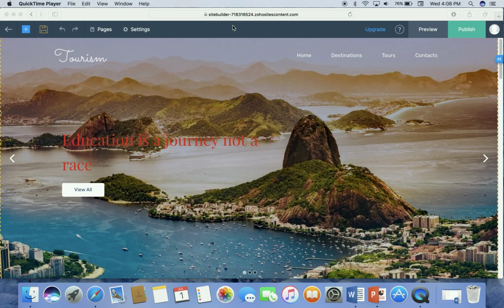Today's homework is this: create your account, create your website. Go to Zoho Sites, sign up first, create your account by typing your email address and password.